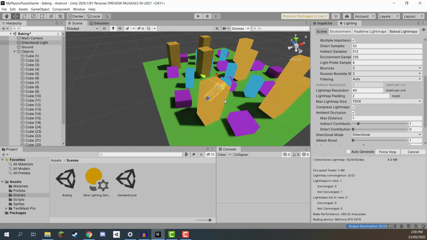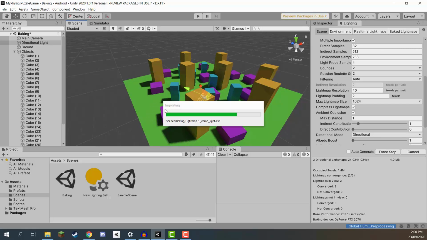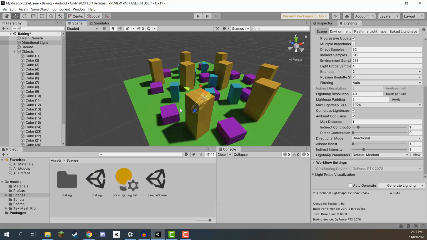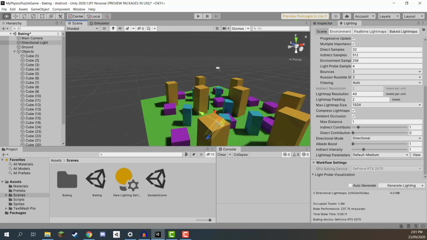And in our scene view here, you can also see it is going ahead, doing all the calculations, and depending on the size and complexity of your scene, it can take some time. Although since this is quite a basic scene, we are pretty much complete right now. And here we go, this is our baked scene, and it looks very similar to the previous one where we